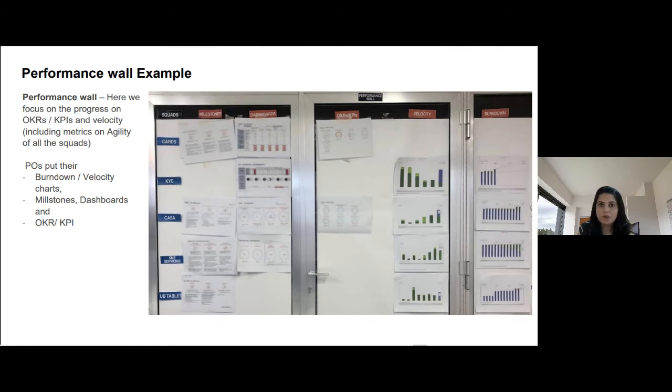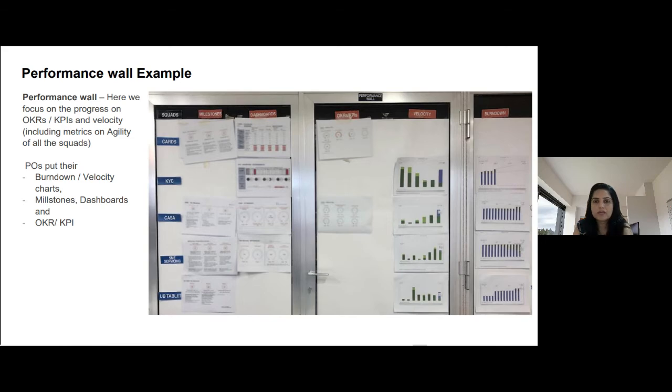Okay. Now the performance wall. The performance wall is basically a visual indicator which we anyways use in Scrum, where we are showing all the OKRs, burn down charts, velocity, and all the milestones as well. I have divided this into 4 different parts. Milestones, which every squad is putting. Then the dashboards, if they want to show anything on the dashboard, what the numbers are, what the customer, we use NES, net easy score, how easy a journey is for a customer, and they give a score from 1 to 5, and how much a squad is getting that. So that is also published here.